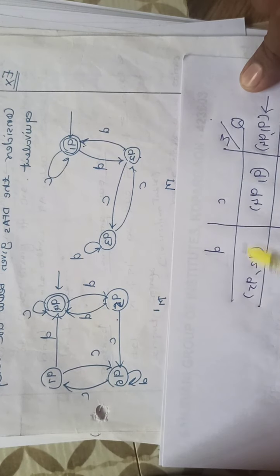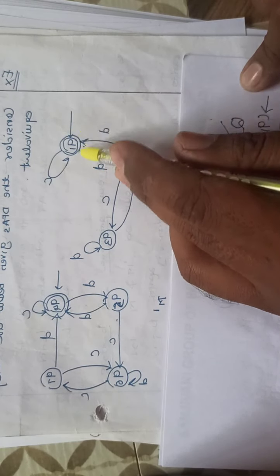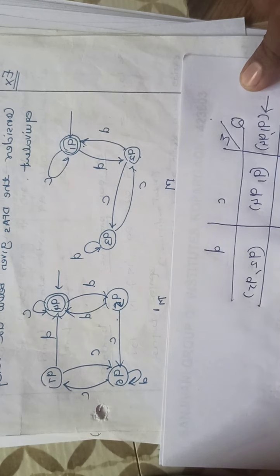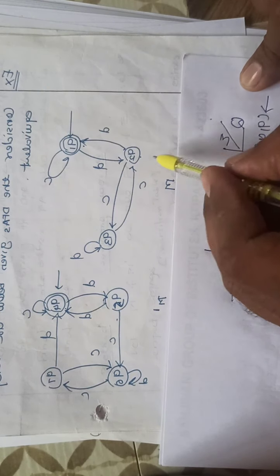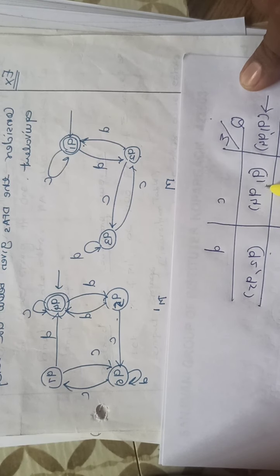Okay? Now we have to check whether these are final or non-final states. Q1 and Q4 are both final states. How do we identify these final states? Because here we can see they are shown by a double circle. Now, Q2 and Q5 are both non-final states. So we need to continue. Why? Because in the pair, both are non-final states or both are final states. So we have to continue.